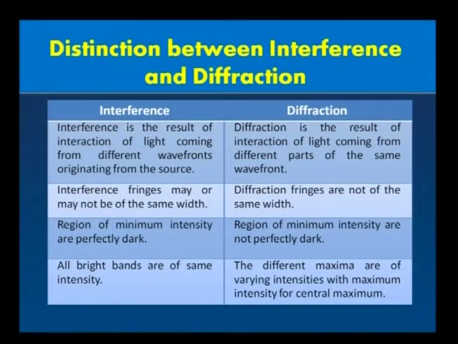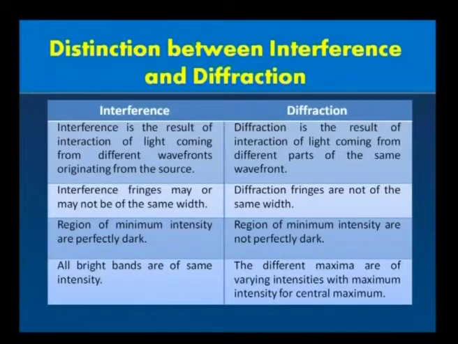You have the primary maximum and you have the minima, the intensities will be differing, and again there is no such thing as bandwidth, because you have the intensity maximum here that comes down, and again the next